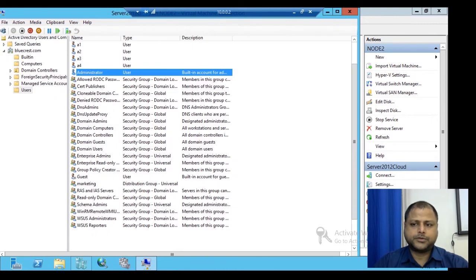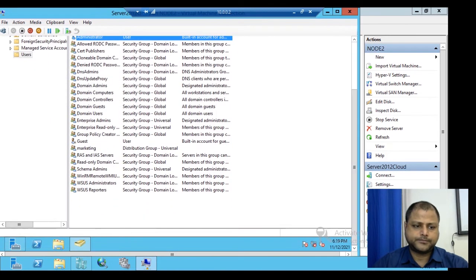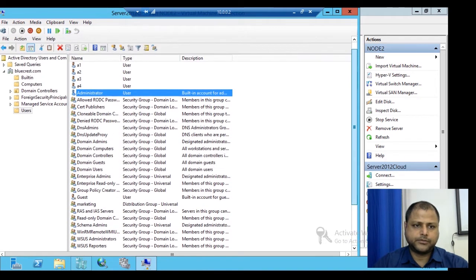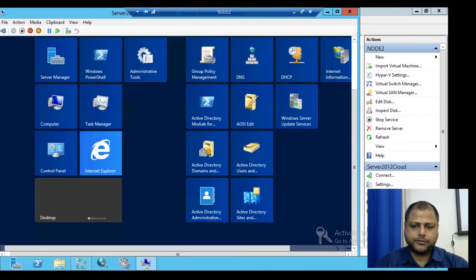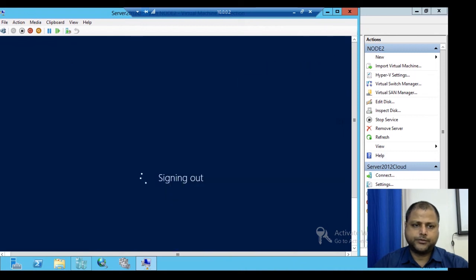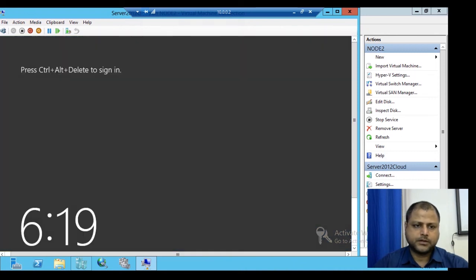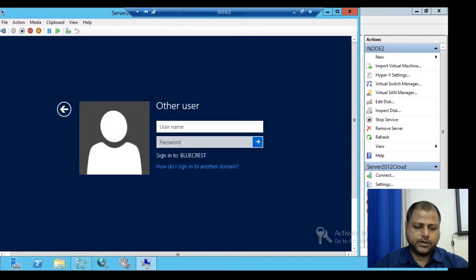Okay, so now we'll log in with the user account so that we can check the group account privilege. We have created the user account, so we'll log out of the administrator and we'll log in with A4. So we can see the other user account, and we'll click A4.